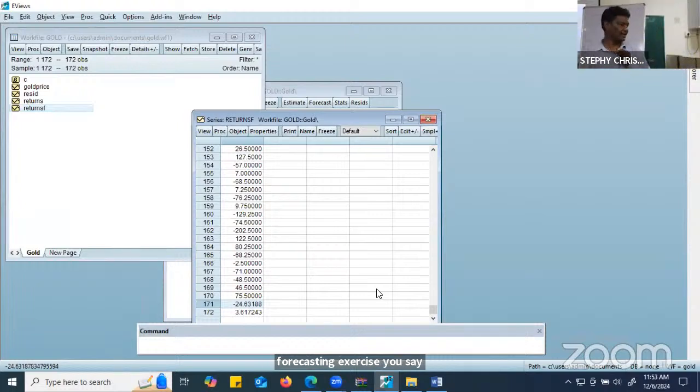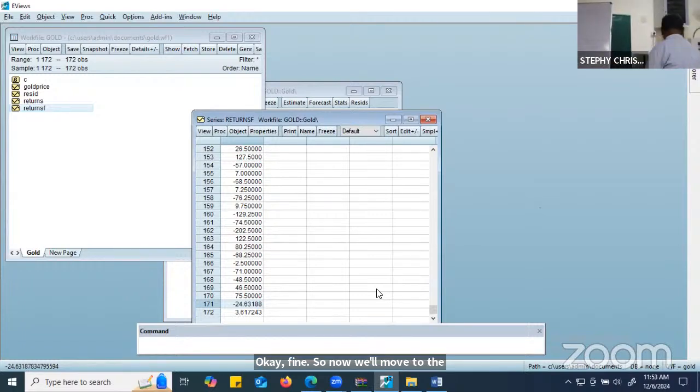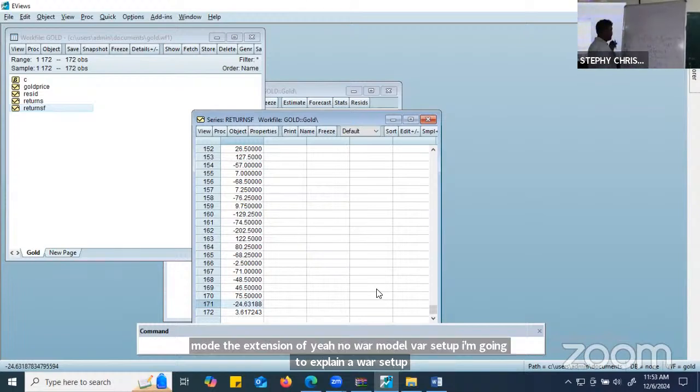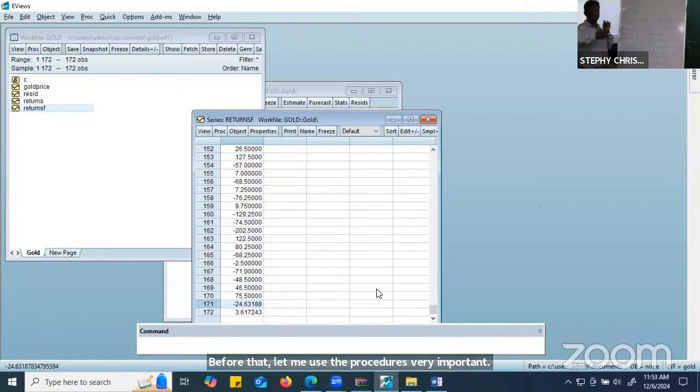Okay, fine. So now we'll move to the next, the VAR model. The VAR model is the extension of AR, the VAR setup. I'm going to explain a VAR setup. Before that, let me use the procedures. Very important, which is connected with there is a flow. Okay, so I told you yesterday,